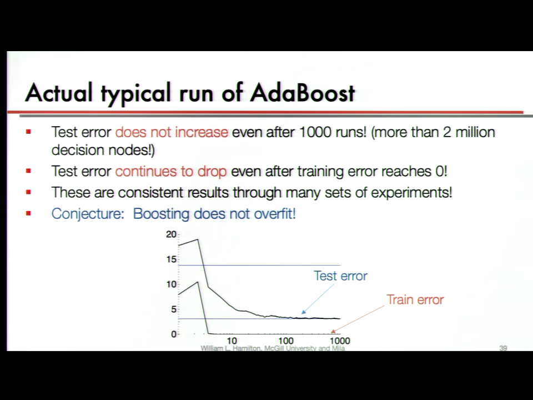You might start to overfit, but almost always this approach doesn't overfit, and you can just keep adding more and more, and it doesn't help you very much. Again, your test error has just plateaued, but it doesn't hurt you. So a conjecture, in some sense, is that this boosting approach doesn't overfit.